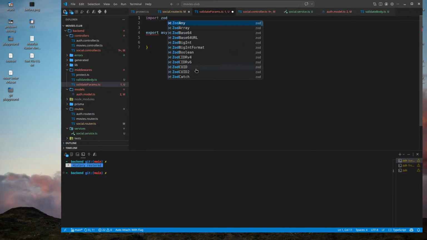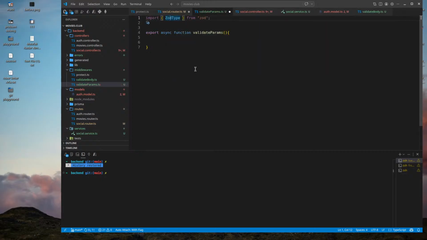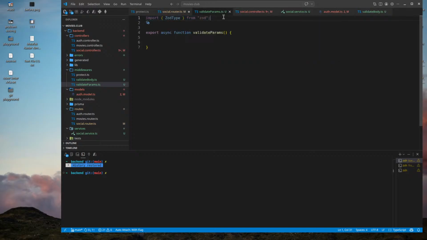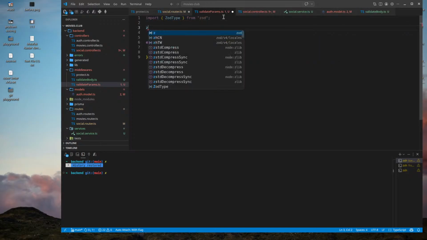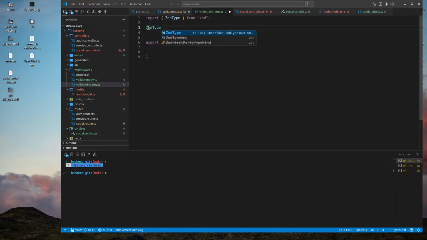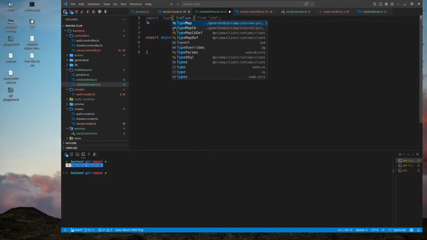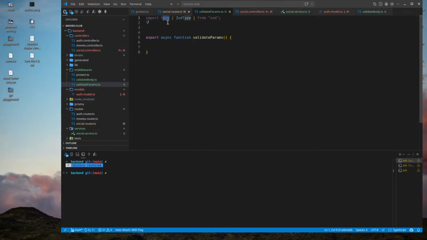It should support the Zod params type, right? Why is it not complaining? I should use the type keyword for the Zod type and the param type.